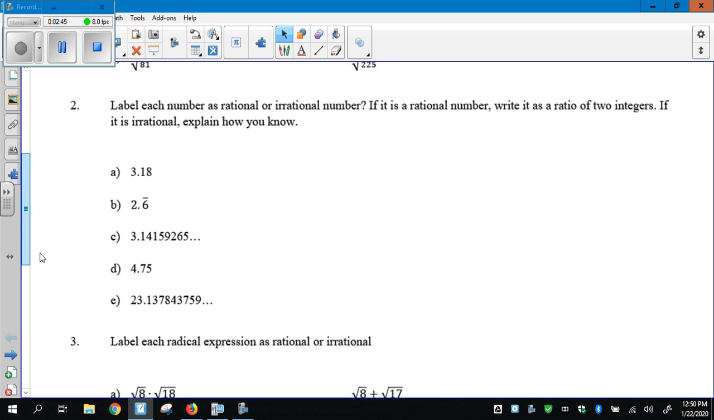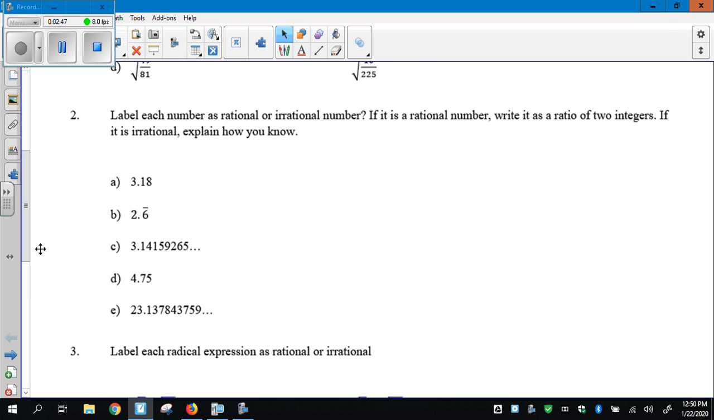It says label each as rational or irrational again. If it is a rational number, write it as a ratio of 2 integers. I'll show you how you can use your calculator to do that. If it is irrational, explain how you know. Okay, I'm going to pick 2 of these, one that I think is rational and one that's irrational. I'm going to do